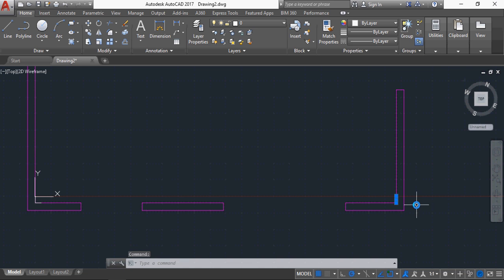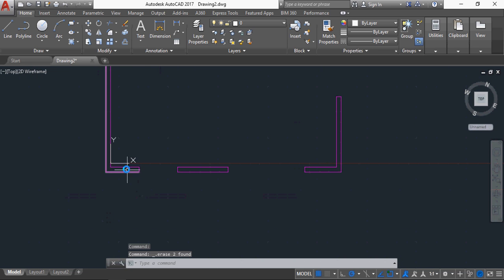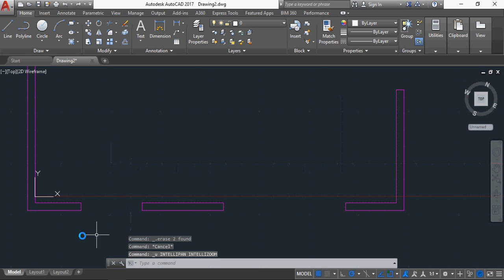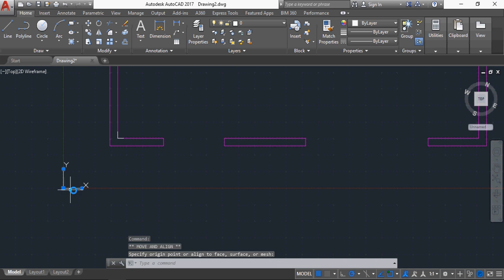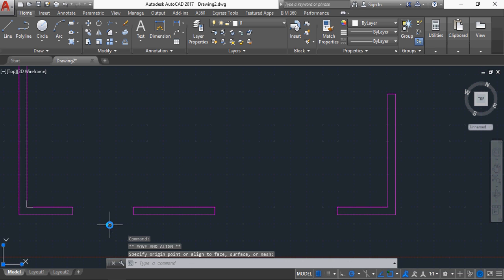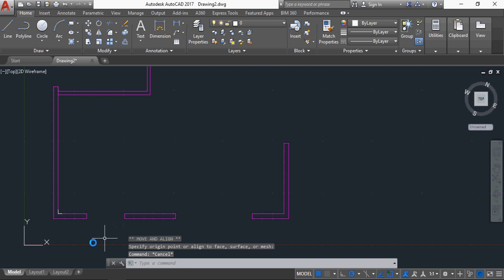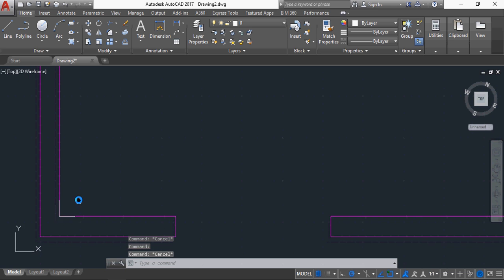Actually, I could now delete these construction lines. I don't need them anymore, so I can take them out. And the other thing that's useful to do at this point, in fact I'm going to undo that because I do want that construction line left in. But what I am going to do is move the UCS out of the way, just because otherwise it gets in the way later on when I want to pick it up. I do need these two construction lines in,